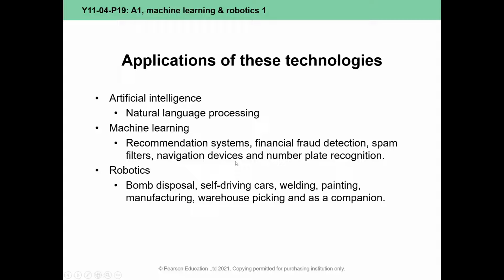Machine learning is learning through training data sets. So the DVLA, when they find pictures of people breaking the speed limit, they don't have people who are paid to look at CCTV pictures and say, you've broken the law. They will take millions of pictures of cars and they'll get people on minimum wage to say, this is a picture of a car and this is a number plate. This is a picture of a car and here's the number plate. No, there's the number plate. No, there's the number plate. And then they'll train the algorithm to spot number plates.